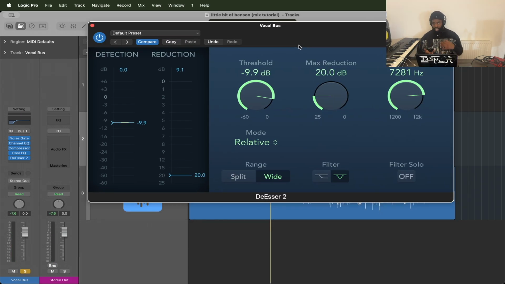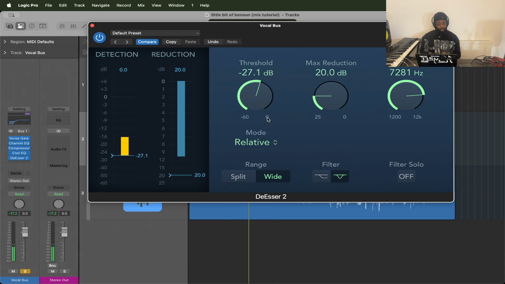Yeah, you don't want to overdo this, because when you do, it starts to sound like the artist has a lisp and can't pronounce their S's. So if I were to go too drastic,